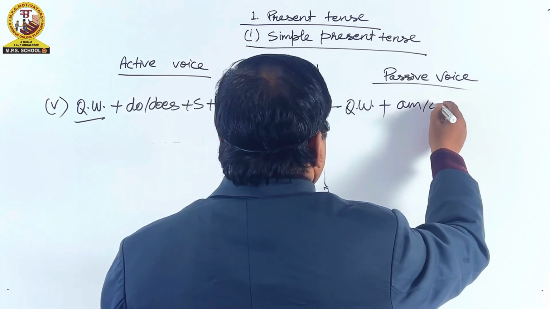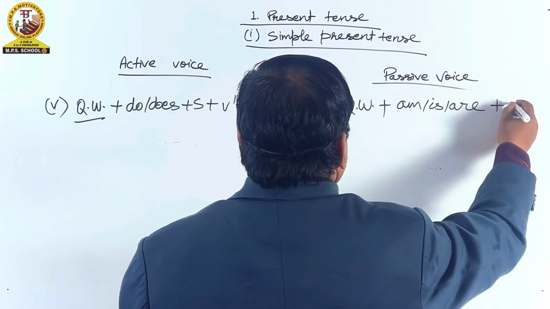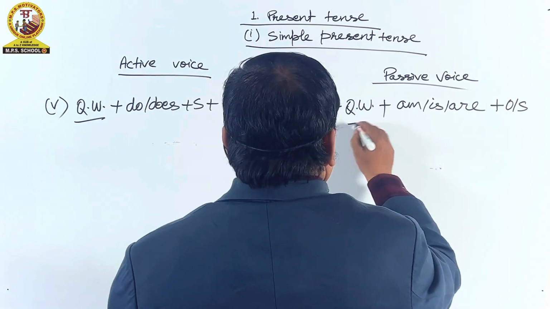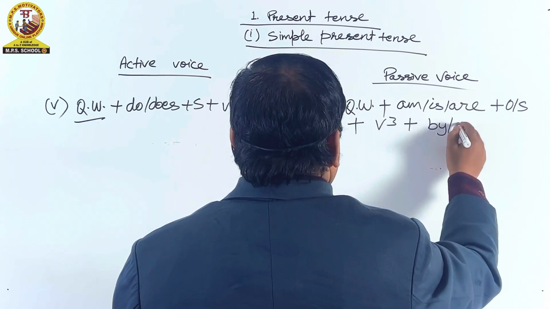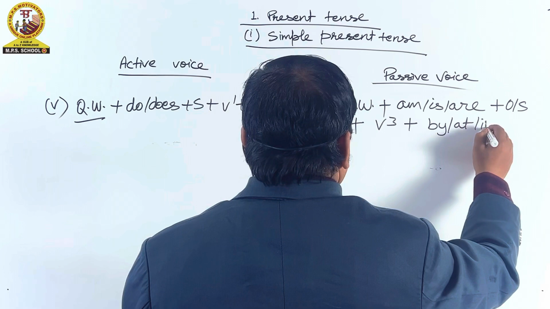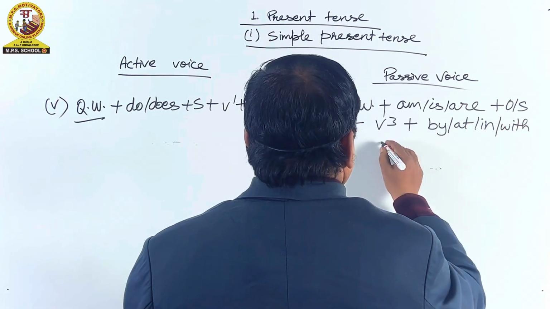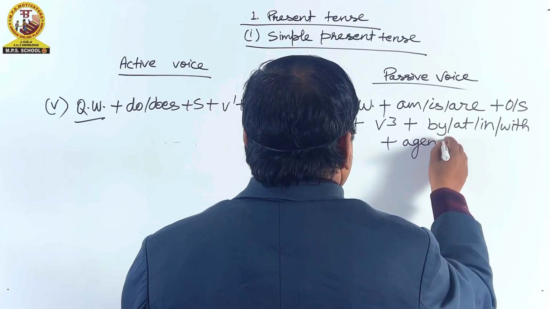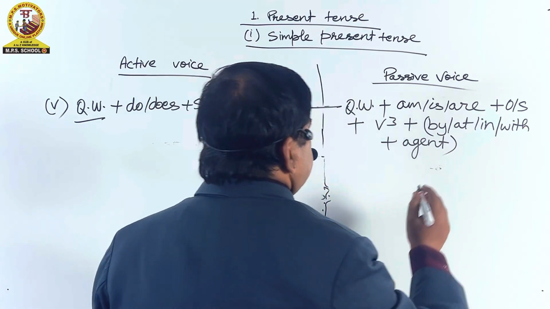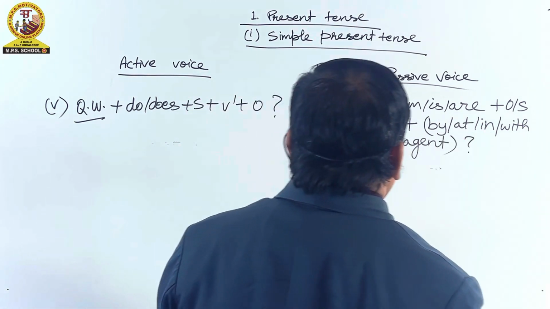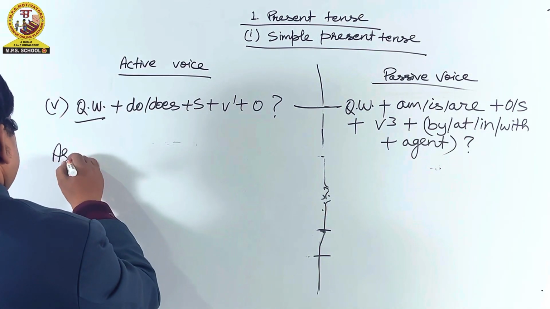Am, is, are plus object (subject) plus v3 plus by/at/in/with plus agent. We will put these terms in bracket, question mark. For examples,